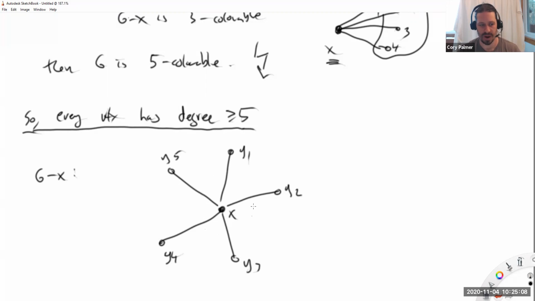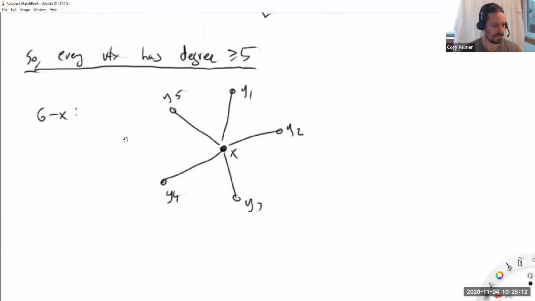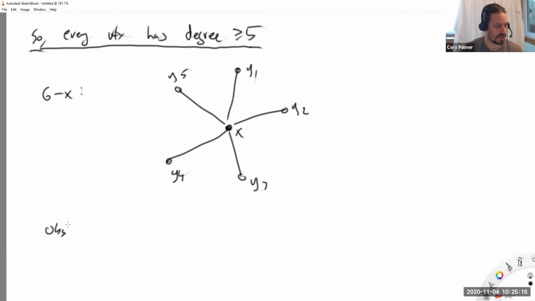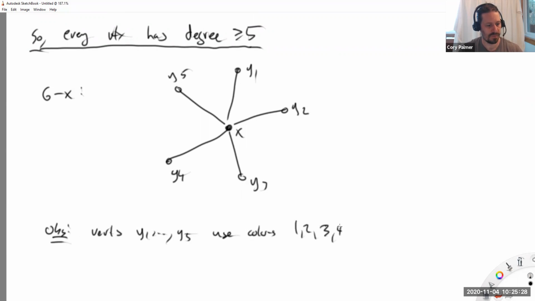Other parts of the planar graph, but as far as X is concerned, its neighbors look like this. Okay. So the first observation, let's say, is vertices Y1 up to Y5 use colors 1, 2, 3, 4, and 5. Okay, and what I mean by all 5 colors appear among them is, otherwise, X has a safe